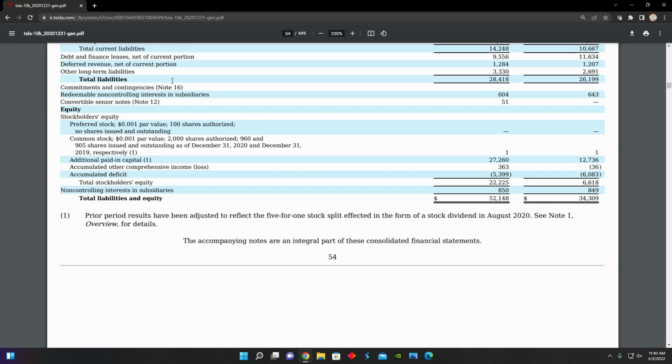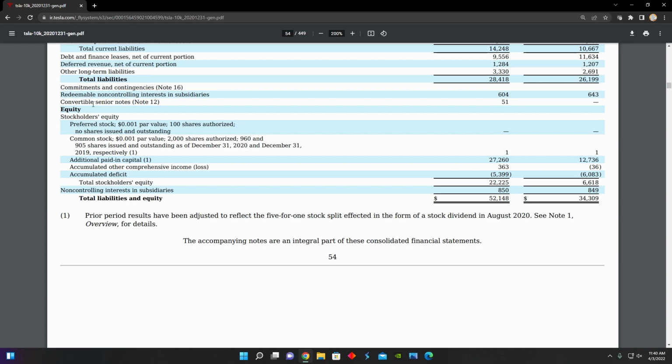And then we see right here it says note 16. Whenever it says notes and then some sort of number following it, or right down here it says like 1, for example, or 1 down here, what that's alluding to is the notes to the financial statements, which can be found a little further in the annual report. And I've gone over those things in my previous parts of the balance sheet series, as well as in the previous financial statement videos if it wasn't in the previous balance sheet parts. So feel free to go check those out if anyone wants some more detailed explanation of the notes to the